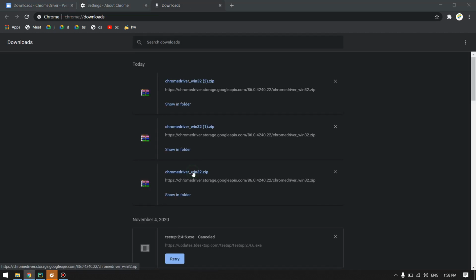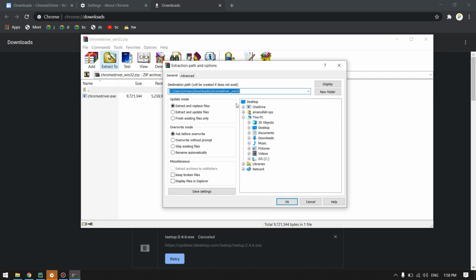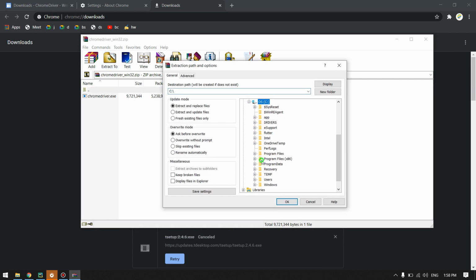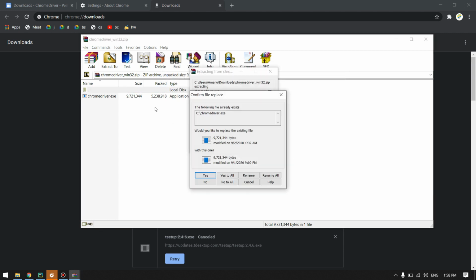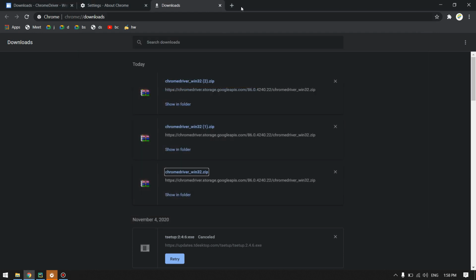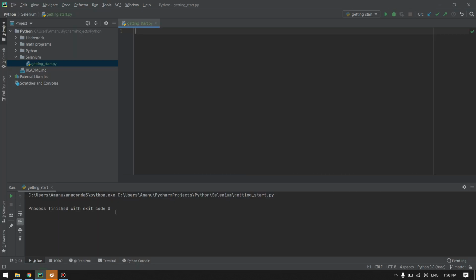Then close this and go here, extract the driver anywhere that you want. But later on we will require the path for this. So I will extract it inside my C drive. I already did, that's why it says replace. I will just cancel. Now we are ready to write our first automation script which auto logs into our